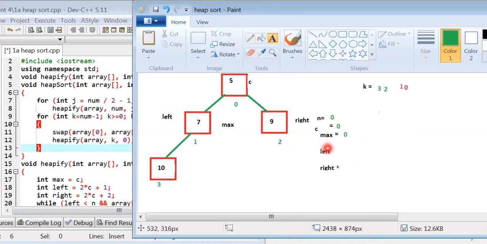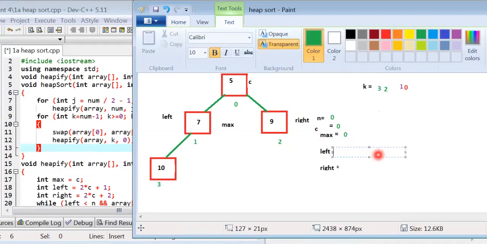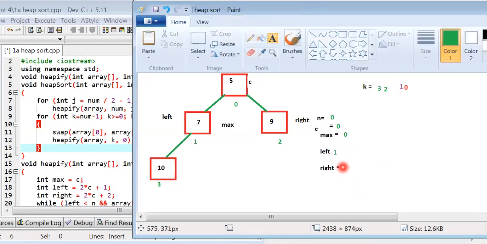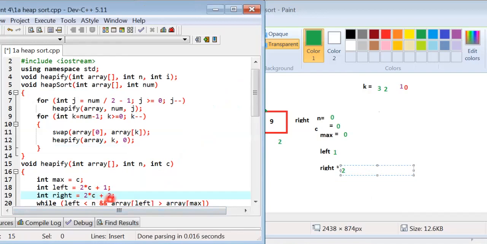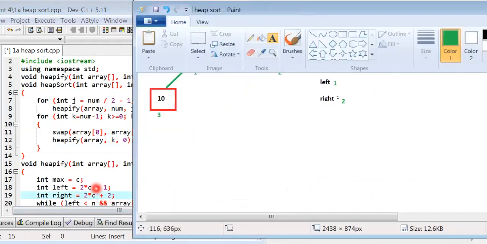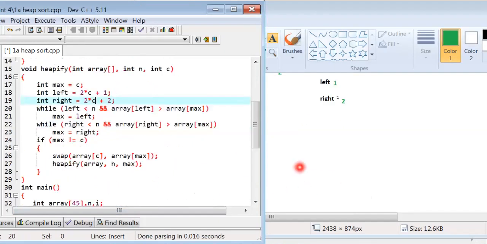Left value is 1 and right value is 2, because right is 2 into 0 plus 2, which is 2. Let's check the condition.